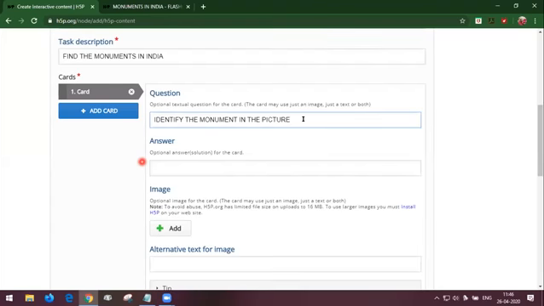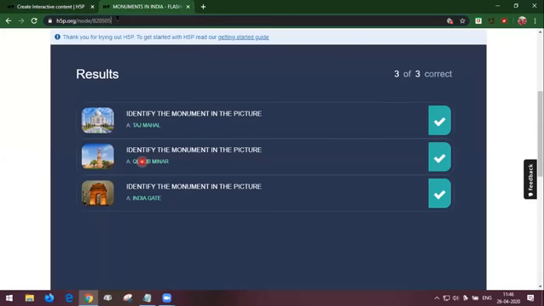You can give different questions according to your content and the expectation from the student. We can give questions accordingly. Now I am giving identify the monument in the picture. And also I am going to give the answer Taj Mahal. Now I am going to add an image for the flashcard for which we have to go to Google.